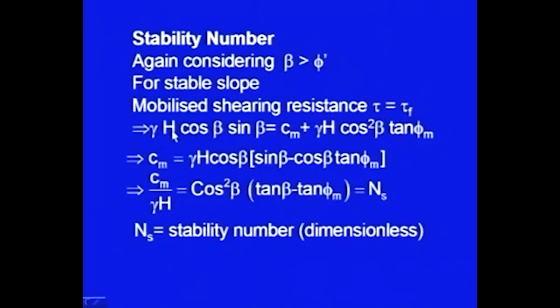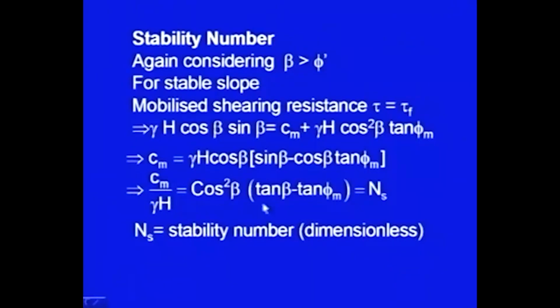So, here gamma h cos beta sin beta is the applied shear stress, and this is the mobilized shearing resistance, and from here you will be getting Cm is equal to gamma h cos beta into sin beta minus cos beta tan of phi m,